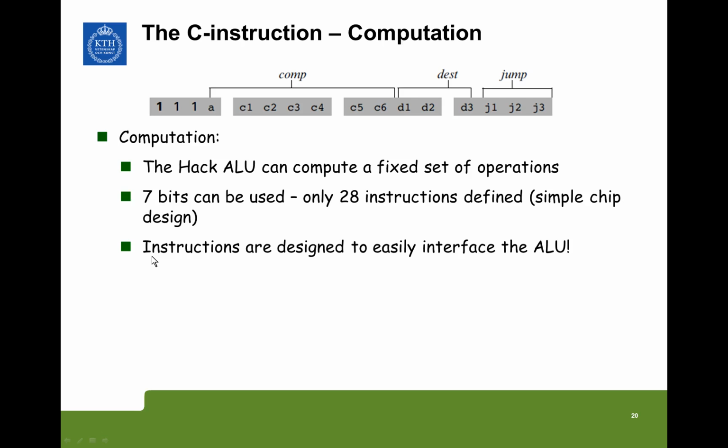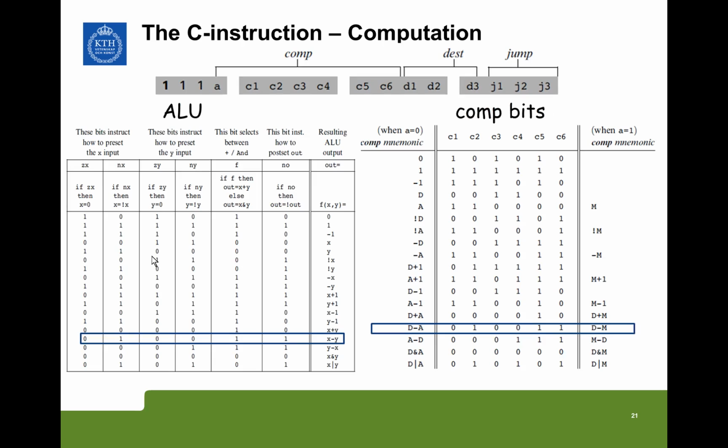And we will define our instructions in a way that they can be easily interfaced with the arithmetic unit. Let's see the different fields one by one. The computation bits will be defined in a way that they resemble the control of the arithmetic unit. This first bit A will define the input, specifically whether we consider the A register, look at these examples here, or the memory location represented by the